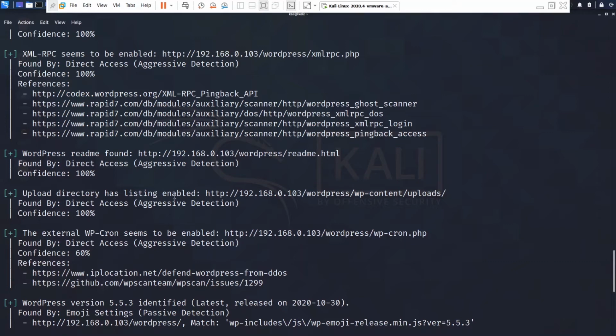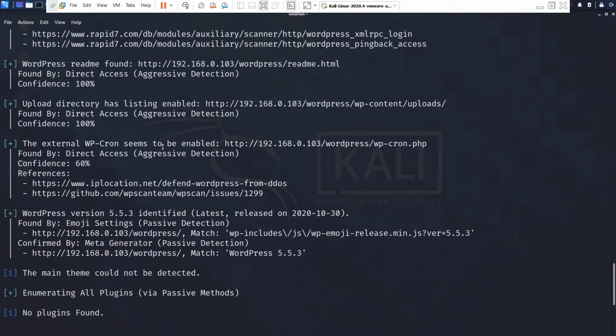The upload directory has been enabled, so wp-content/uploads. If there is any PHP file upload vulnerability, what you can do is upload a PHP script, and go to uploads/filename.php, and then your code will be executed. Generally we will do this with LFI to get a reverse shell.